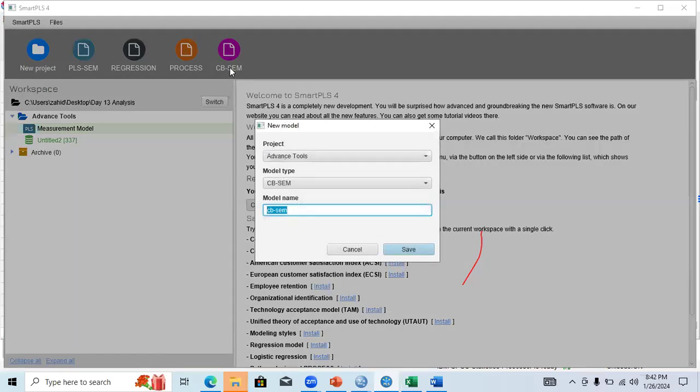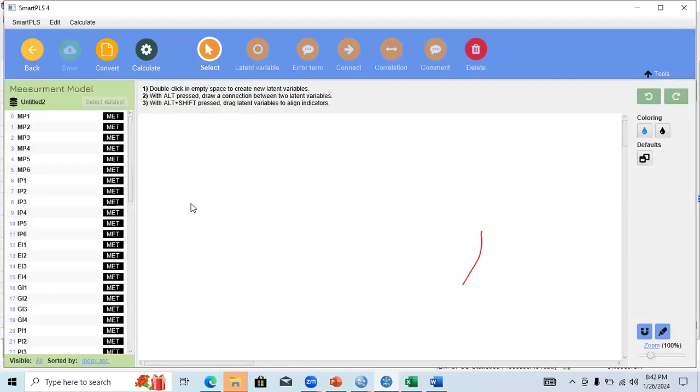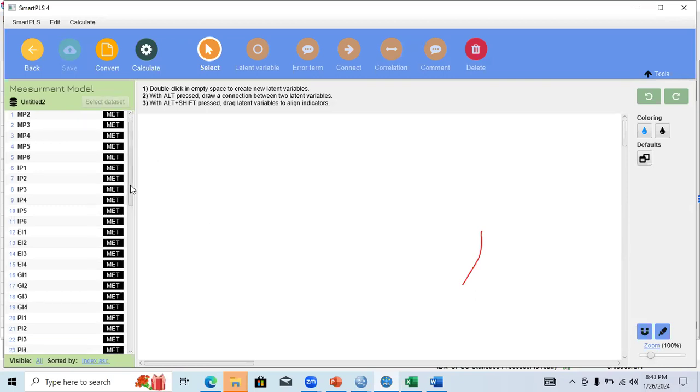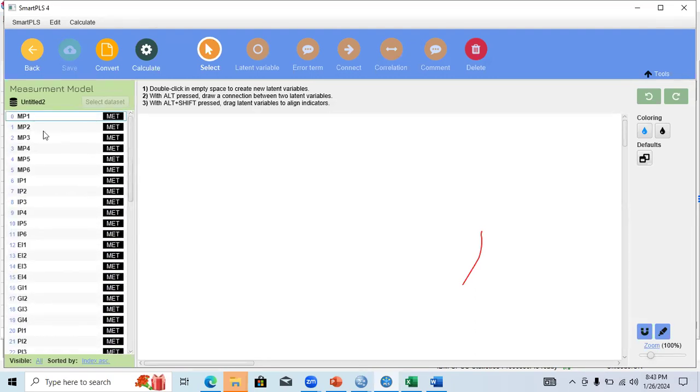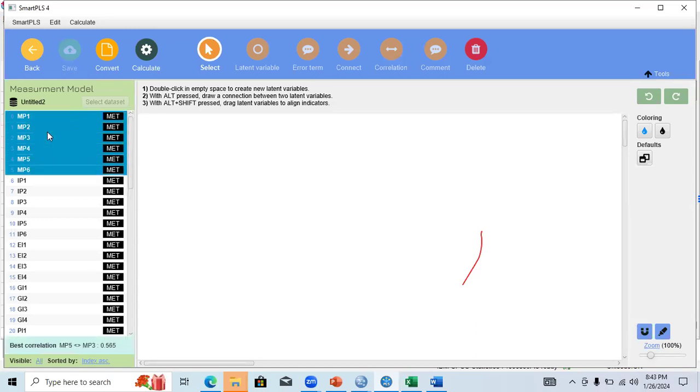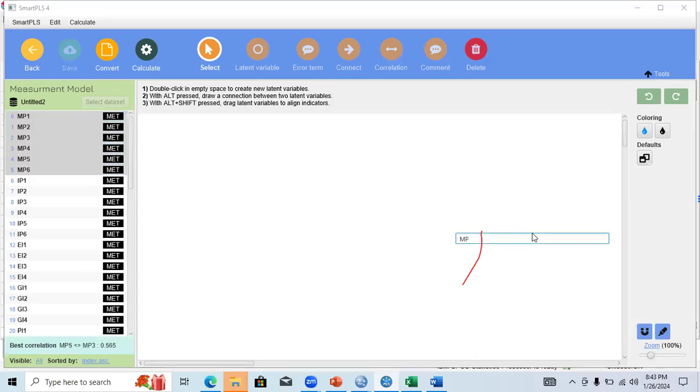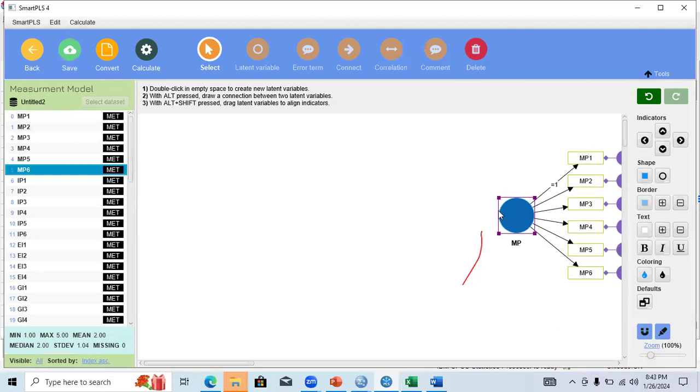You need to click over here and write the measurement model, save it, and it will show you a blank screen, and you need to recreate your model. For simplicity, I will create my dependent variable like this, that is MP.